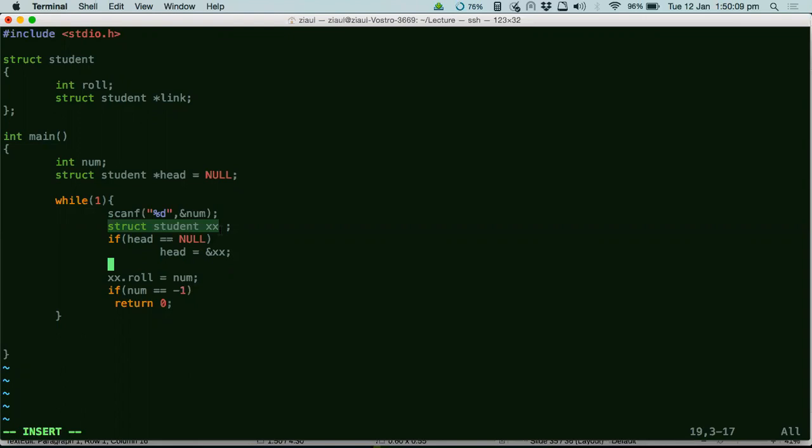So all that I have to do for the second iteration is say head dot link equals xx. Is this line clear? The else part.